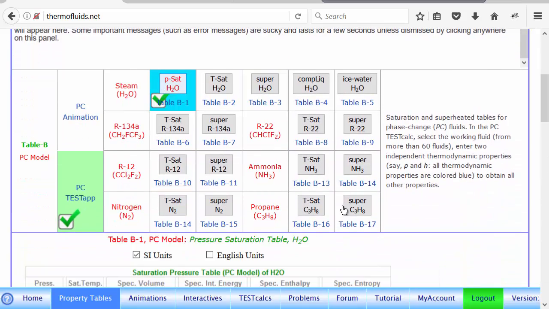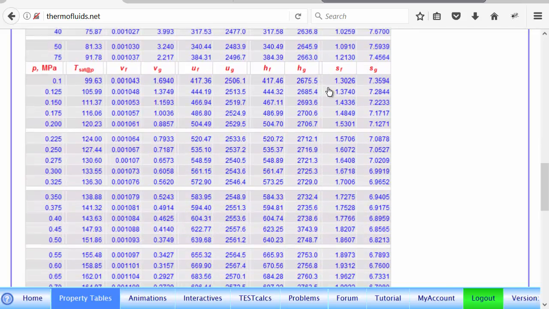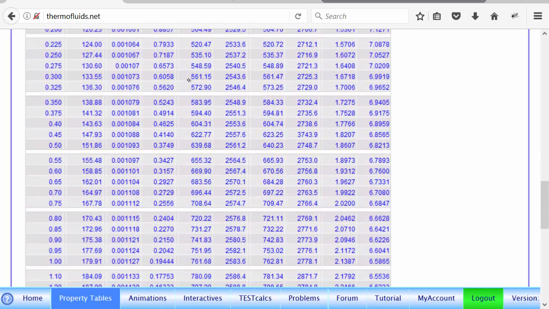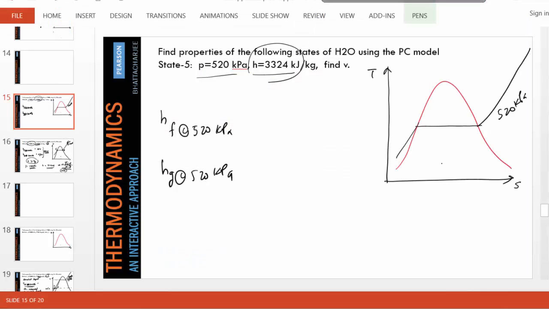If you go to the pressure saturation table at 520 kPa, which is between these two numbers, the enthalpies are these columns. So we are between these two, and somewhere here will be Hf, and somewhere between those two will be Hg. So let's say we'll eyeball it to be 650, and let's eyeball that to be 2750. So with these numbers, if we write them down here, we can very easily estimate where our